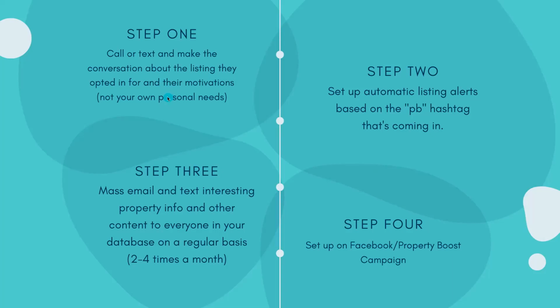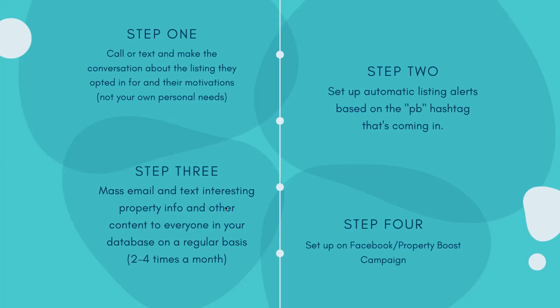Most likely, these are people just looking at real estate online. They're probably not ready to buy or sell right away. And we don't want to seem like we're snapping at their heels and getting them to transact. So just open that conversation. Step two is setting up an automatic listing alert based on the hashtag that's coming in. So if they're looking at a 3-2 in East Hill or out in Cantonment or something like that, set them up a listing alert loosely based on that stuff so that you can keep them engaged